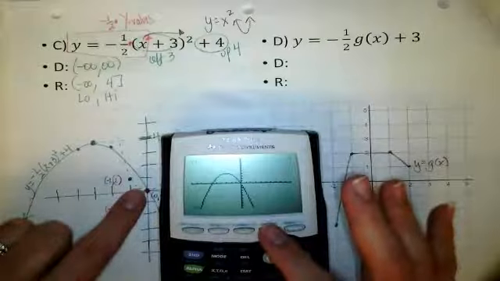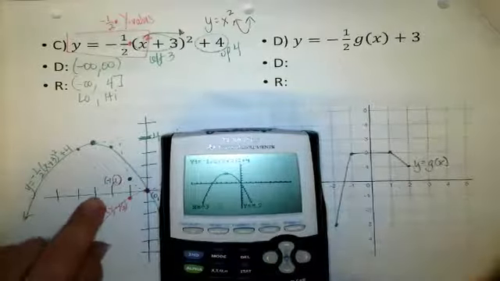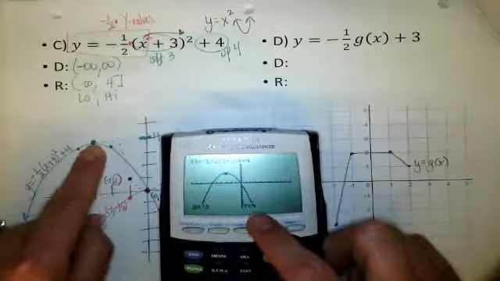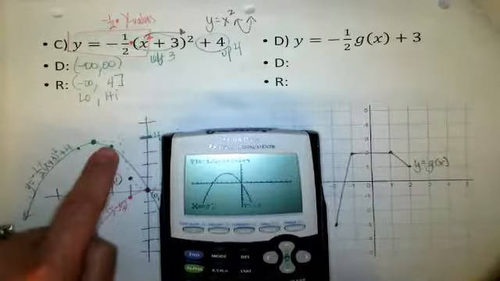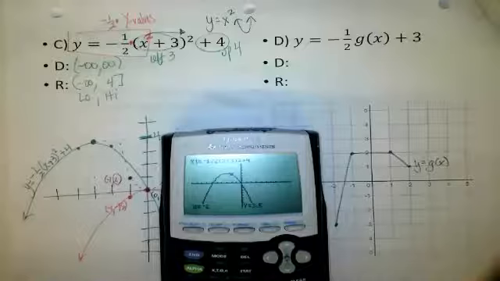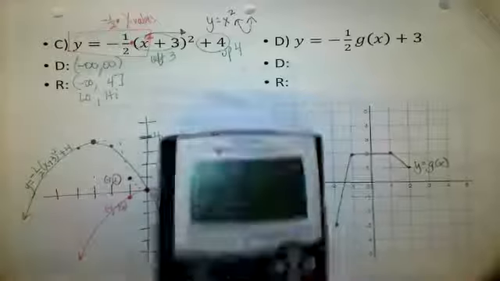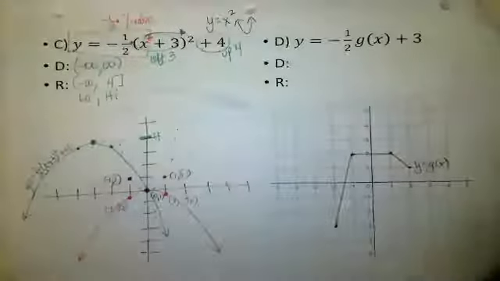And I can use trace. Trace is a great button. I can actually type in the x value of negative 3, and I get my output of 4 right at the top, which is really good. I can also type in negative 2, and it should give me 3.5, and it does. So all of these you can absolutely use your calculators for, and I encourage you to do that, to double check your graphs. But half of your test is going to be like this, where we give you a generic